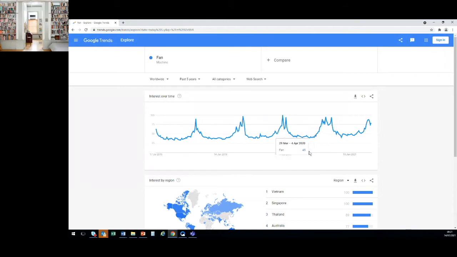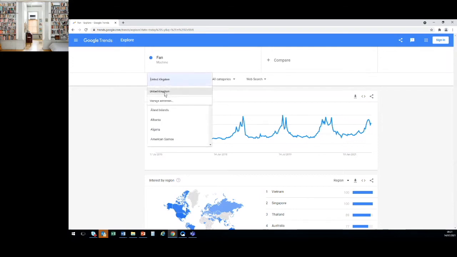The next thing is, it returns a worldwide search, so all the searches in the world have been aggregated. What I'm going to do is look at the local market, the United Kingdom. How do people search fan? So I choose United Kingdom and go for it.